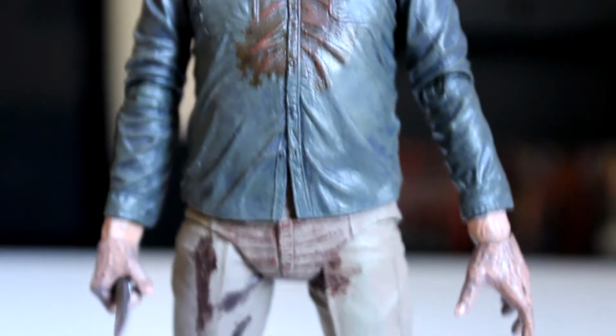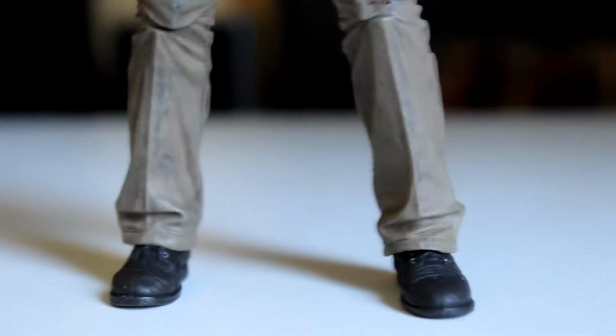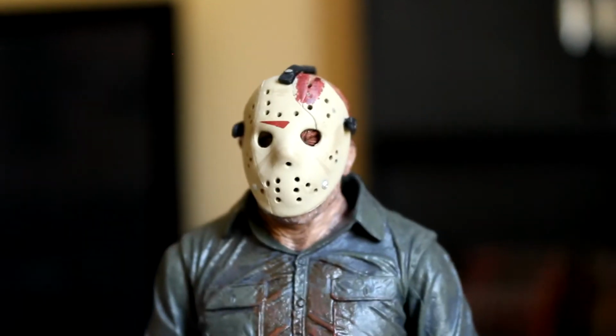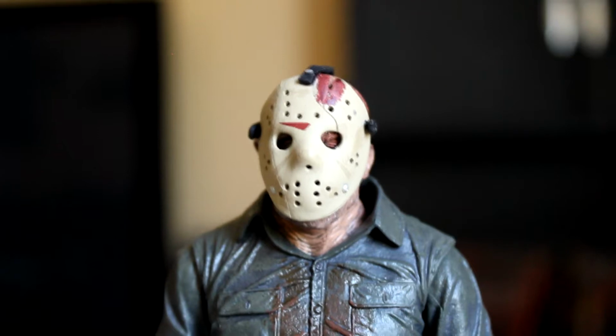Again, just incredible. The sheer amount of detail here is staggering. I'm not even quite sure where they got all the references. They must have scoured through countless photos of Ted White to get this look just right. And they did. They really got it just right. I don't see anything. You see the worn off chevrons, you know, the crack in the mask, the fresh blood